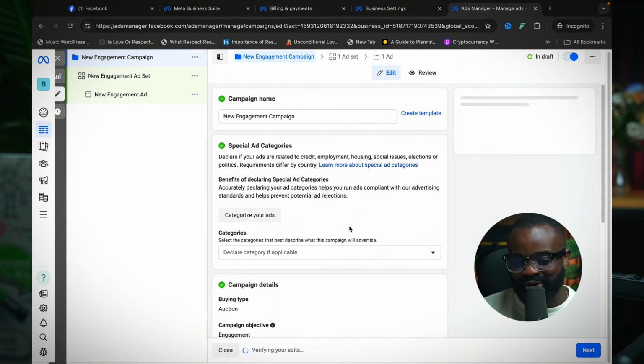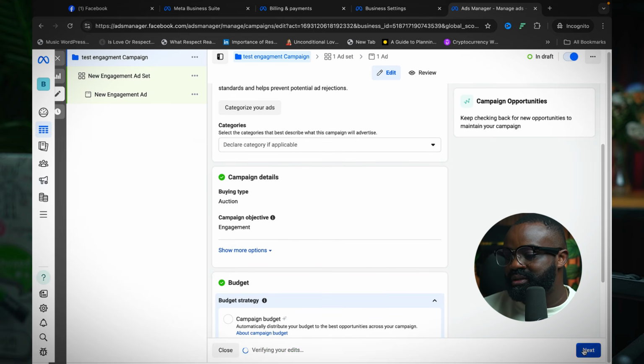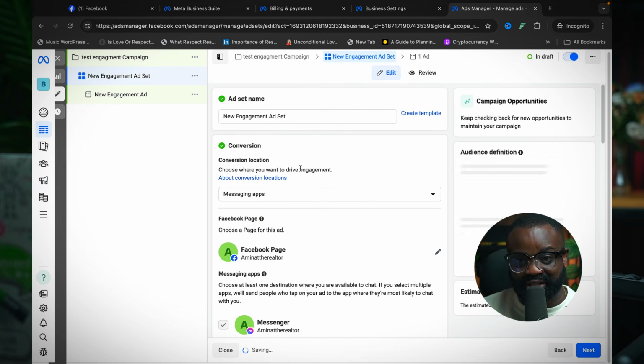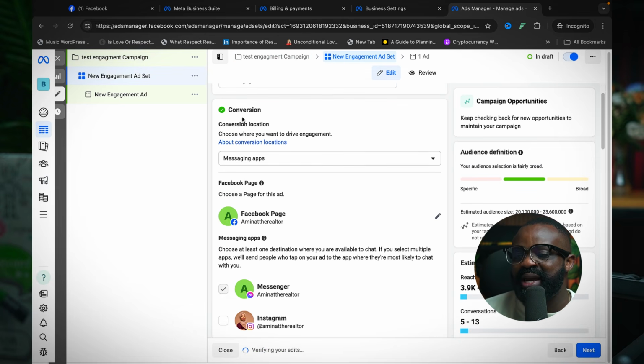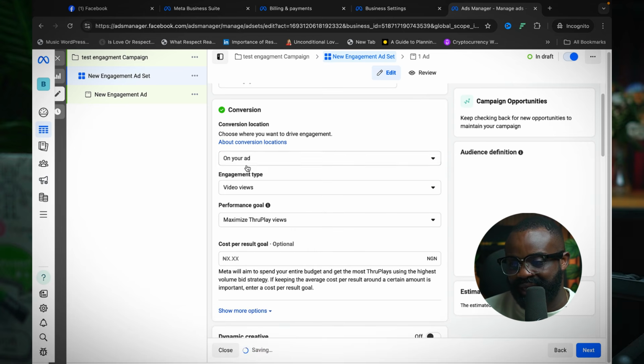You already understand this part. So we're going to rename this to test engagement, okay, like that. And then here we're going to use next, just like we did for the previous one. Now here where it says conversion, if you are running the engagement ad, please, instead of messaging apps, please use on your ad. If it's just an engagement ad that you want, please click on your ad,